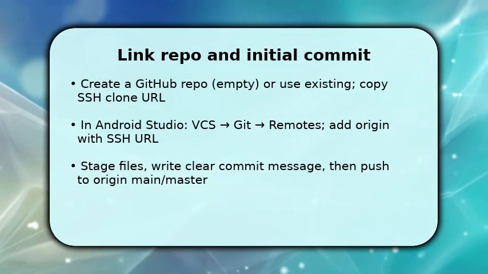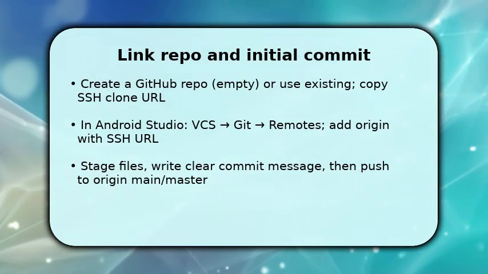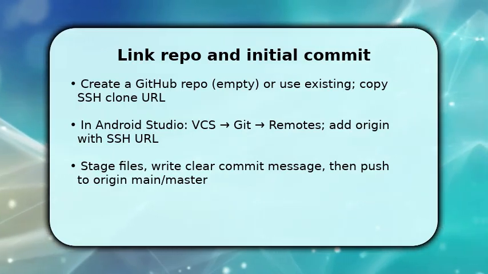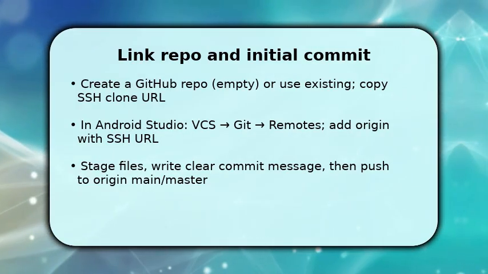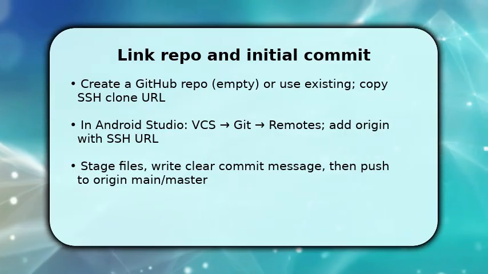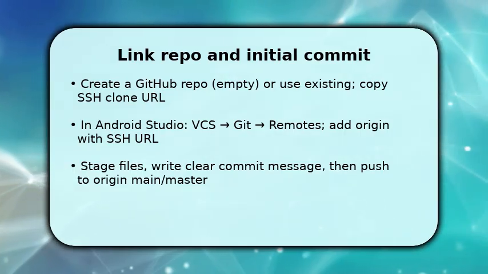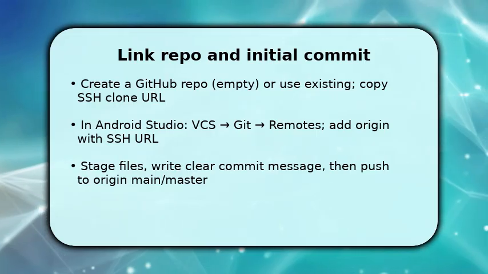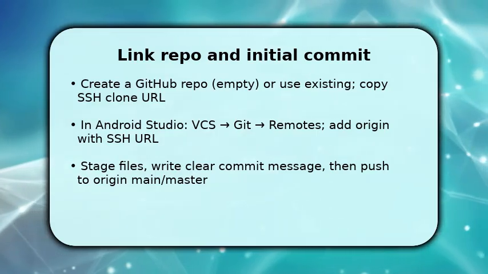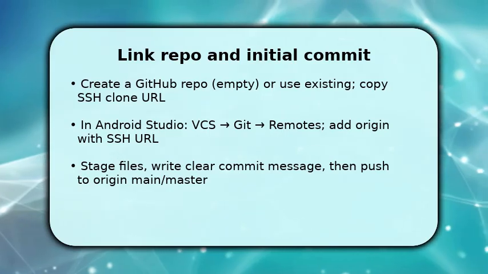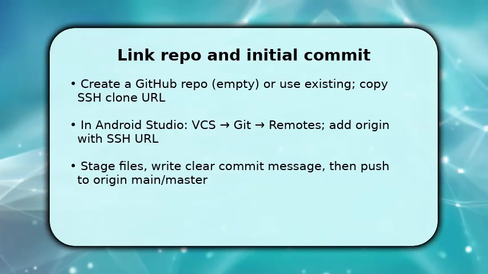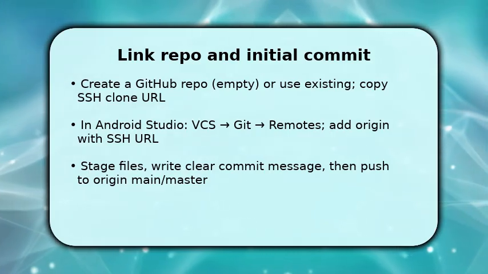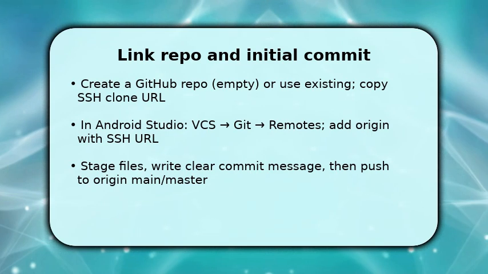Next, link your local project to the remote repository and make the first commit. After creating the empty GitHub repo, copy its SSH clone URL. In Android Studio, go to VCS, Git, Remotes and add origin using that SSH URL. Then use Commit or Commit and Push, stage changes, craft a concise commit message, and push to origin main or master. If Android Studio prompts for SSH agent access, allow it so future pushes are seamless and automated within the